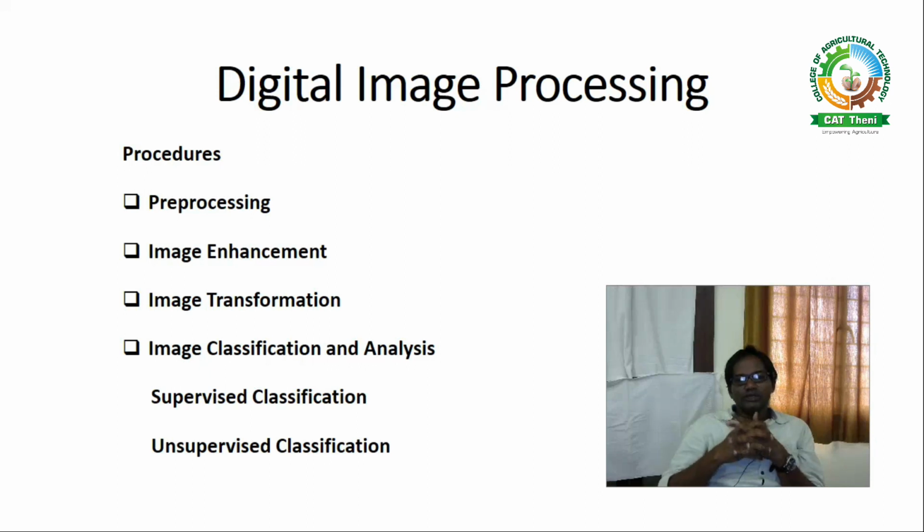Image enhancement is nothing but improving the imagery for visual interpretation, so that only then can we give a clear interpretation of the given image. That's why we have to do image enhancement. So image enhancement involves two steps: one is contrast stretching and another one is spatial filtering.